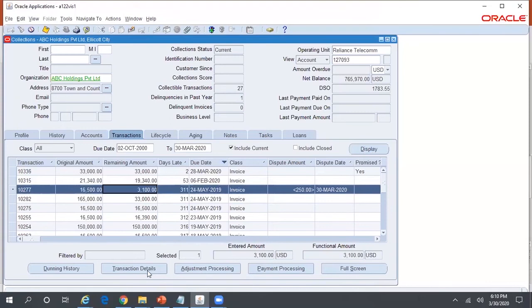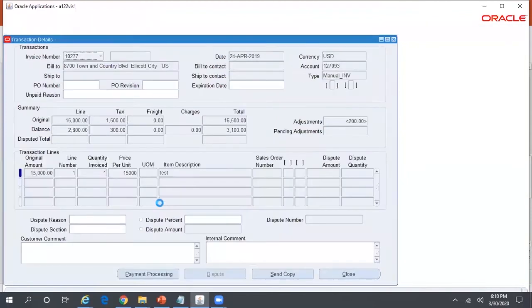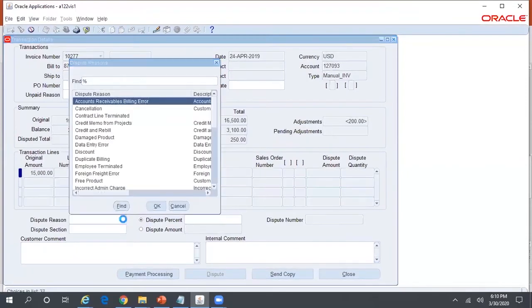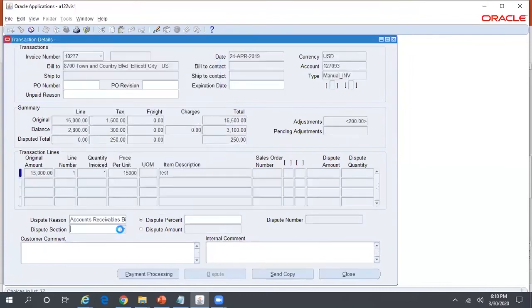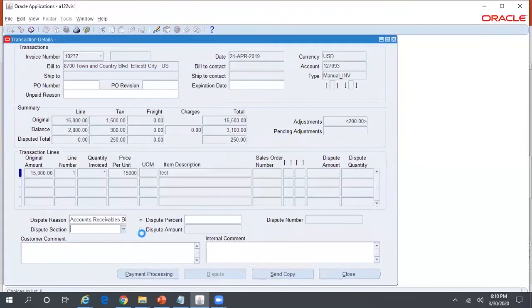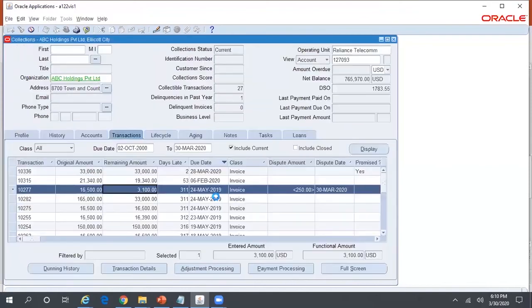If I click on this transaction details button again, here I can see that there is a dispute total of $250. So if I try to create a dispute again, I can create a dispute only for the remaining $50, because there is already a pending dispute which I had already created.